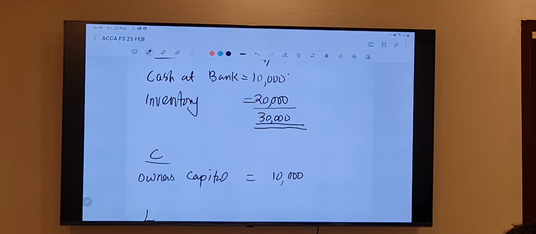Let's say you purchase A4 sheets. A4 sheet is not your main business, but you are buying A4 sheets to use in your office for your work, and you buy on credit. Then that becomes sundry creditors. Miscellaneous is another word: miscellaneous creditors, sundry creditors. You understood? Yes, sir. So depending on the nature of the business, you need to decide.